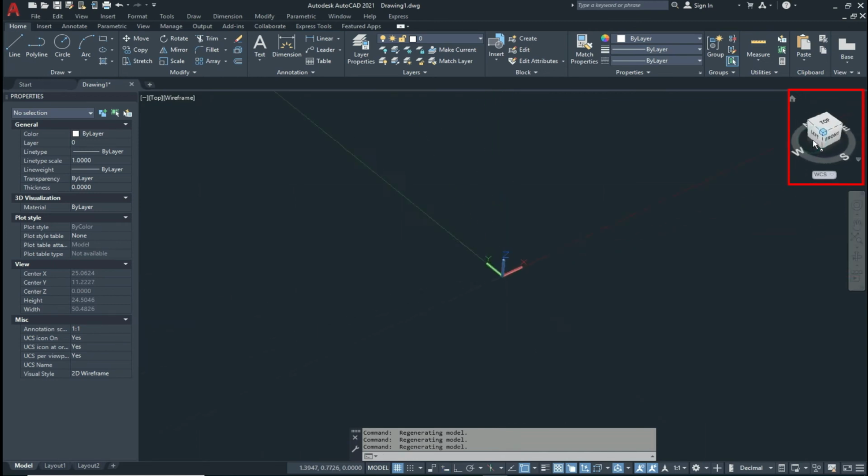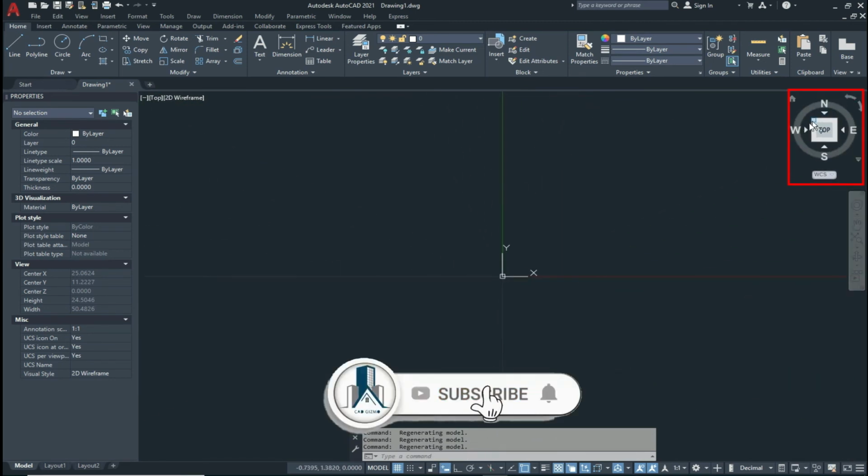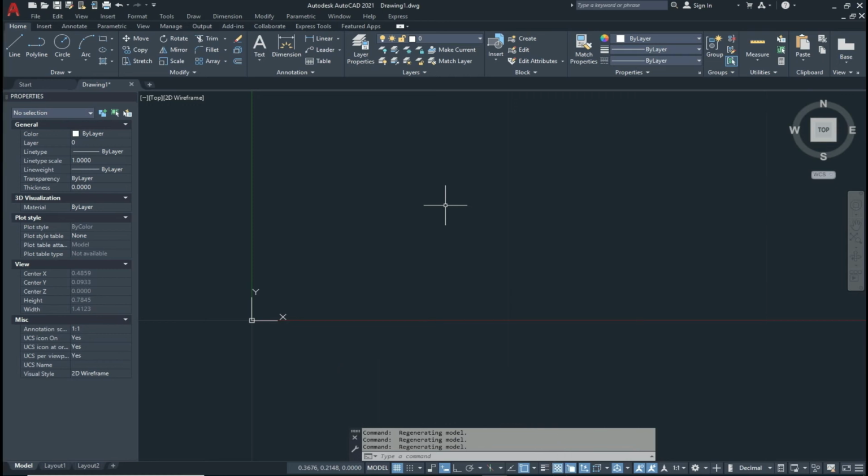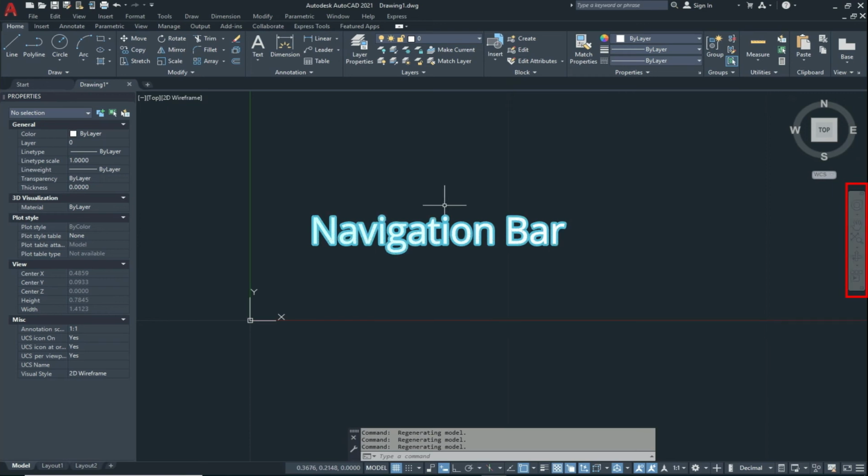By clicking this, you can see your three-dimensional drawing. So this is our View cube. Now we see the navigation bar, and beneath the View cube you find the navigation bar. You can use the navigation bar for zooming and seeing the three-dimensional drawings. We can see it in our later videos.